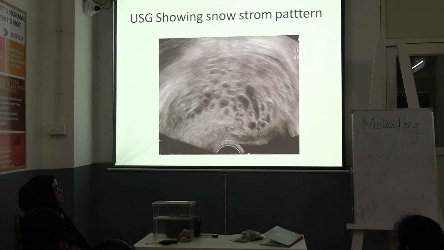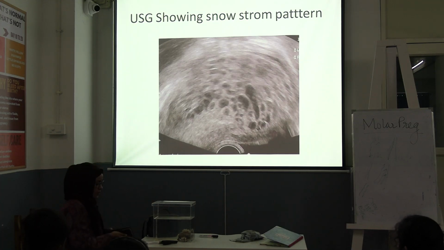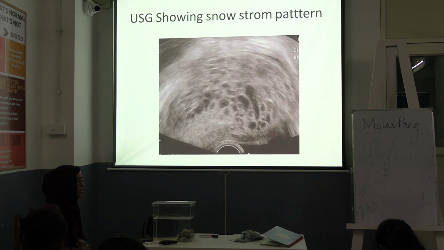Actually, earlier it was said that hysterectomy should be done if the family is completed, but nowadays the main motto is to empty the molar tissue, because even if you do a hysterectomy, the chance of metastasis doesn't decrease. You can't decrease the chance of metastasis or further development of choriocarcinoma. So normally we don't do hysterectomy unless there is a perforating mole or intraperitoneal bleeding. We normally go for suction evacuation, send the tissue, follow up the patient, and then further manage with chemotherapy if required.